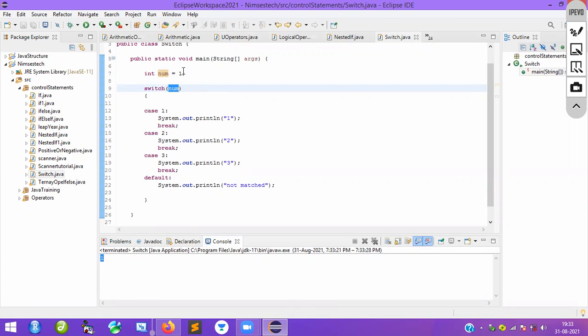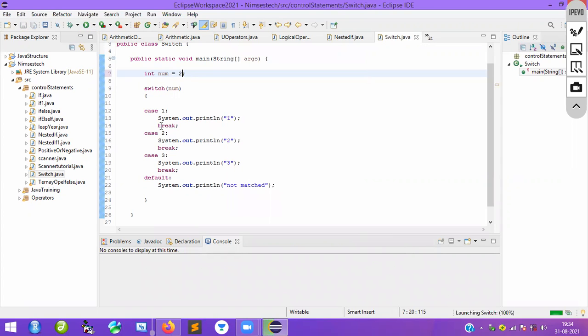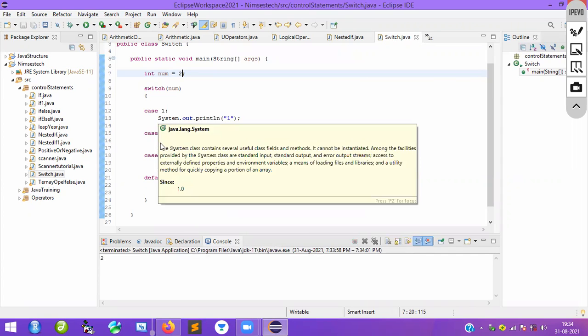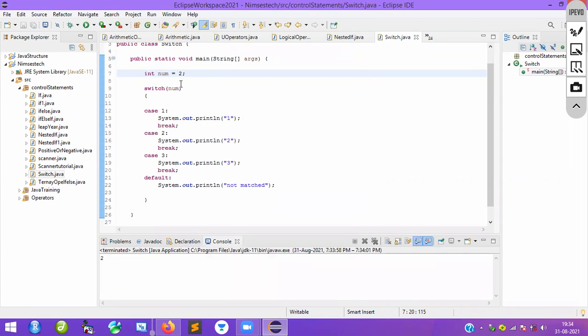It will go to enter 1. Suppose I change this number to 2, where will it go? It will go to the second case. Now you can ask me, sir, after visiting the first case, will it go to the second case, or directly? It is very simple. Whatever choice you provide here, if I provide 2, directly it will not go to case number 1. Directly it will go to case number 2, nothing but saving time complexity. Again, it will execute this one too. That is why you are getting 2.